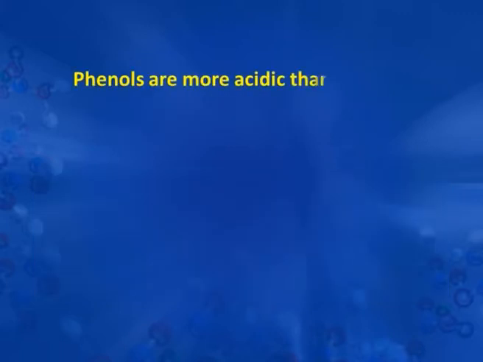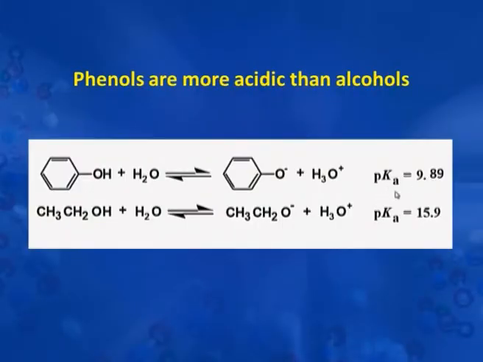We are going to compare the acidic nature of phenol with that of alcohol. We already know that alcohols show acidic character, phenols also show acidic character. Then how are we going to decide which is more acidic? So, one criterion or parameter which decides the acidity is the pK value shown by the molecule. It has been found that the pK value for phenol is 9.89, or even 9.9 we can say, and for ethanol it is 15.9. Higher the pK value, lower is the acidity of the compound.